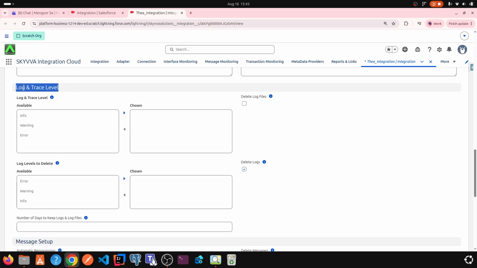7. Log and Trace Level Section. Log and Trace Level. Log and Trace Level controls the amount and type of processing information recorded by SKYVVA in the log table and log files. The available levels include